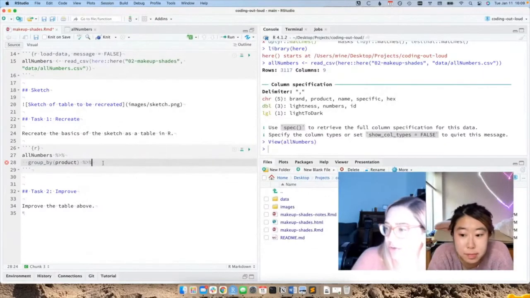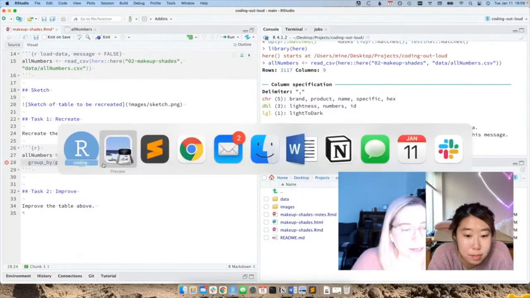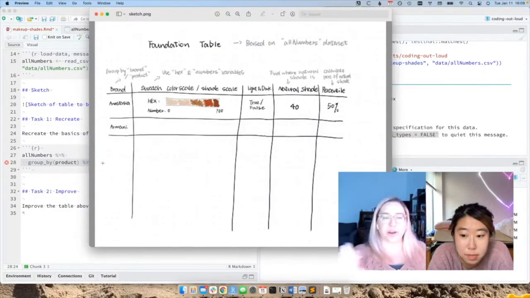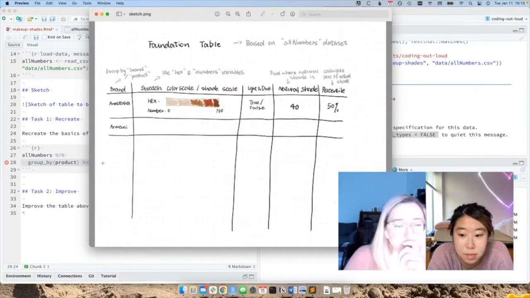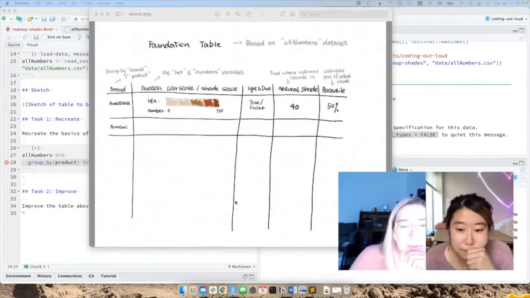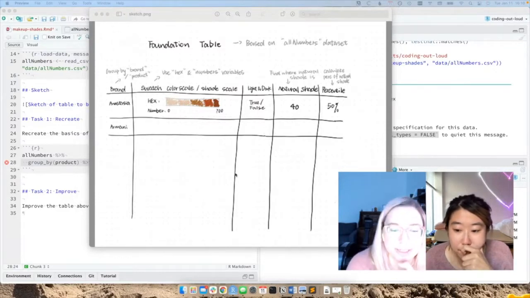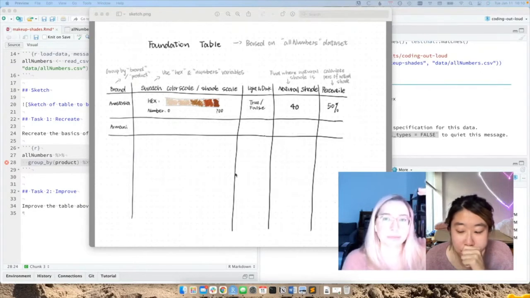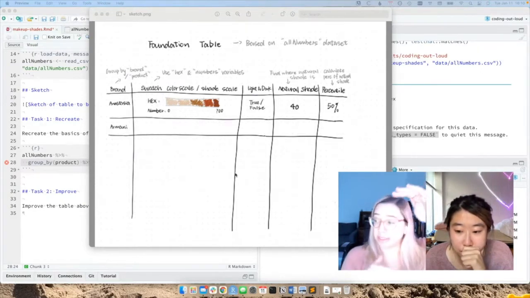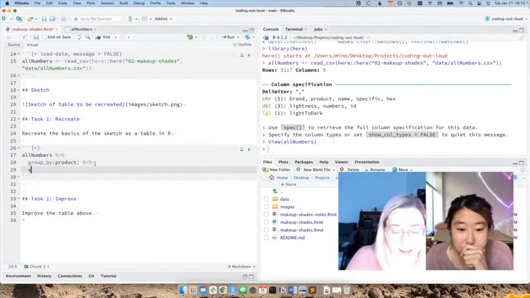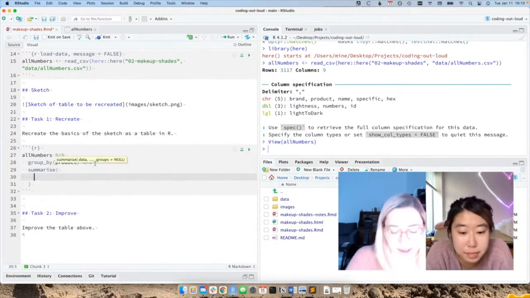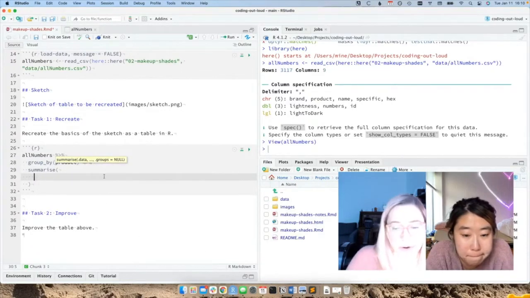So how might I want to do that? Grabbing the hex colors and maybe creating one row per product where I have the hex colors maybe comma separated in a cell for that particular product. We were going to want to use like a mutate or a summarize. With mutate, we're going to end up with the same number of rows as we start with, but with summarize, we can end up with the number of groups we have, and that sounds like kind of what we want, right? So let's go ahead and say summarize,